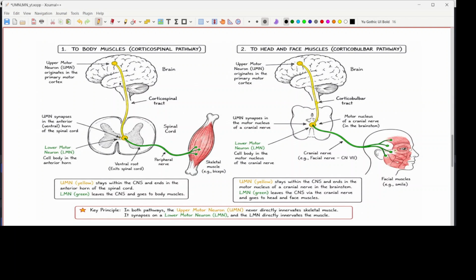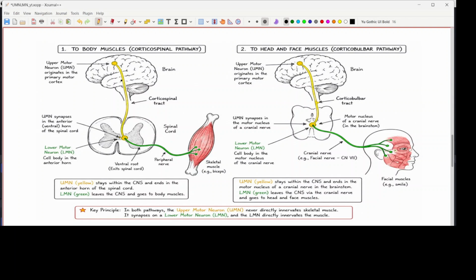It travels downwards through descending motor pathways until it reaches a lower motor neuron. One very important fact to remember is that an upper motor neuron never directly innervates skeletal muscles. Instead, it communicates with a lower motor neuron